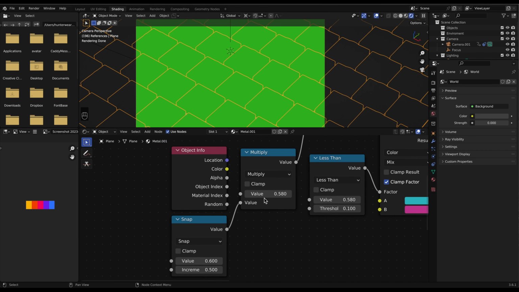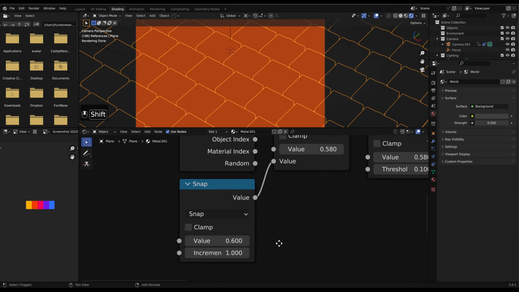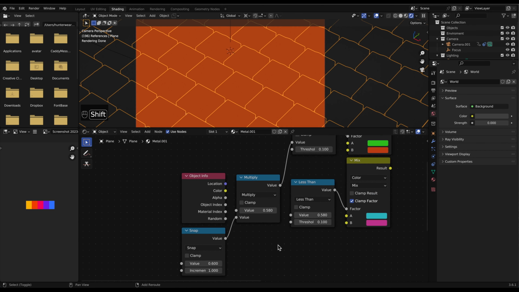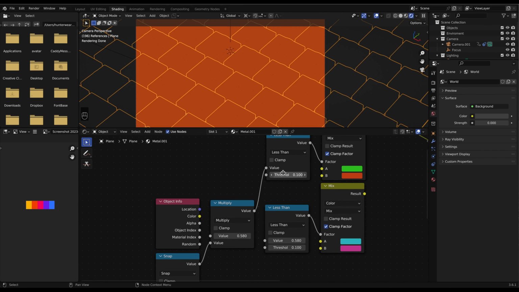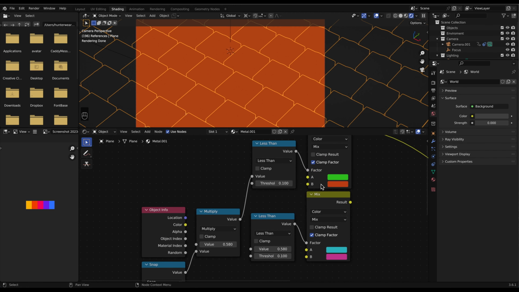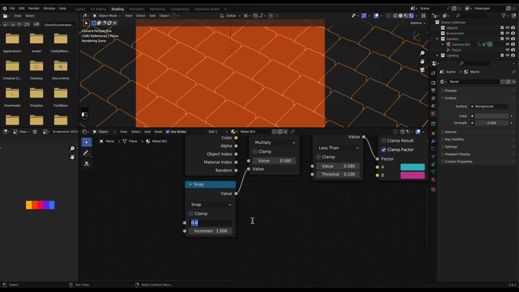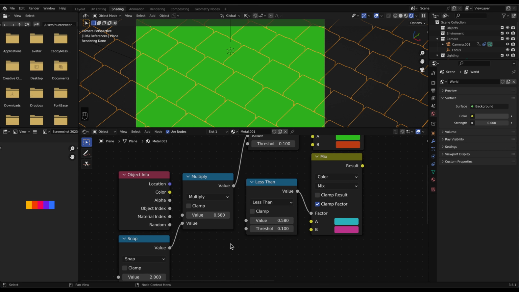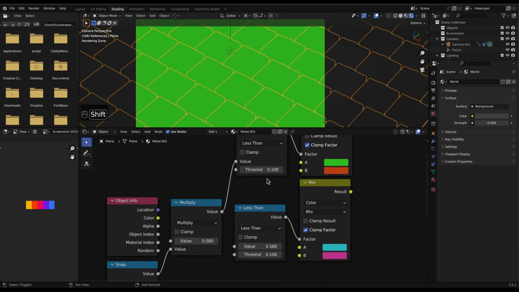So in here, we always have a random value. We're going to set this to an increment of 1. So this value will most likely snap down. So that'll be 0 times 0, which will be less than, so it'll output B. But if we put in a value, say 2, it's going to snap to the increment. It's going to be 2.58, which is greater than, so it'll output A.